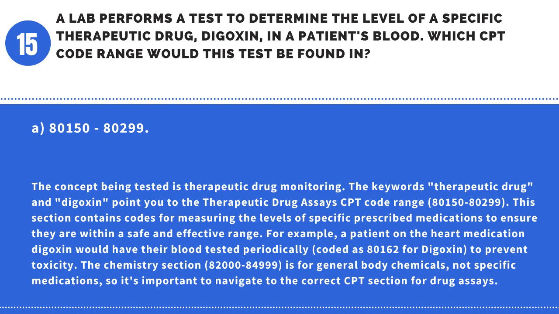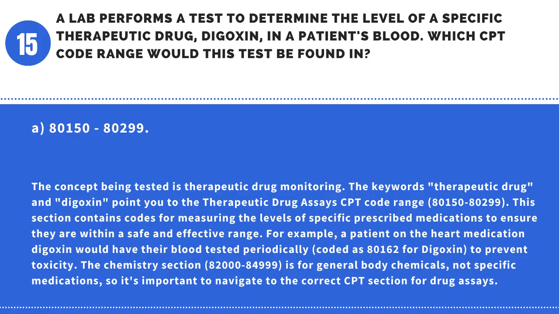Answer: A. 80150 to 80299. The concept being tested is therapeutic drug monitoring. The keywords therapeutic drug and digoxin point you to the therapeutic drug assay's CPT code range, 80150 to 80299. This section contains codes for measuring the levels of specific prescribed medications to ensure they are within a safe